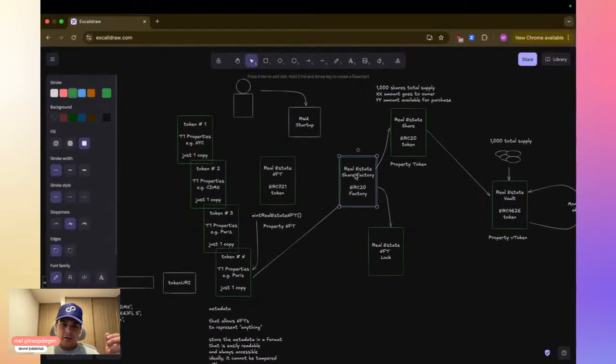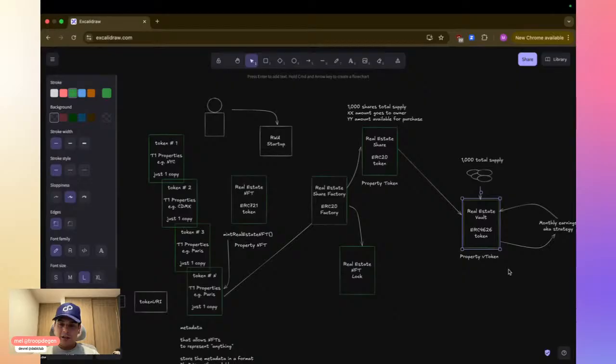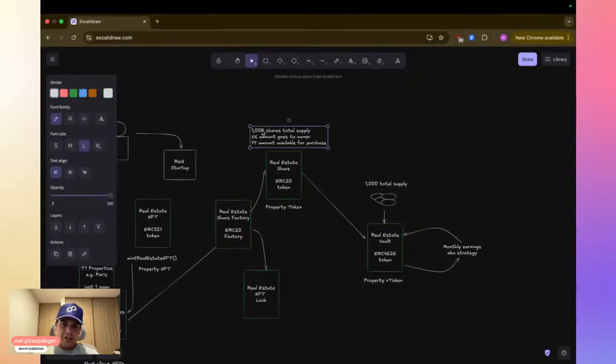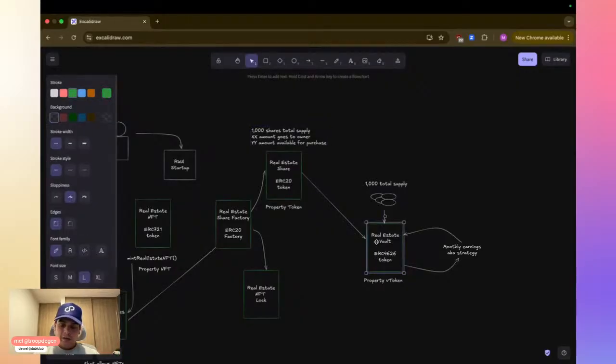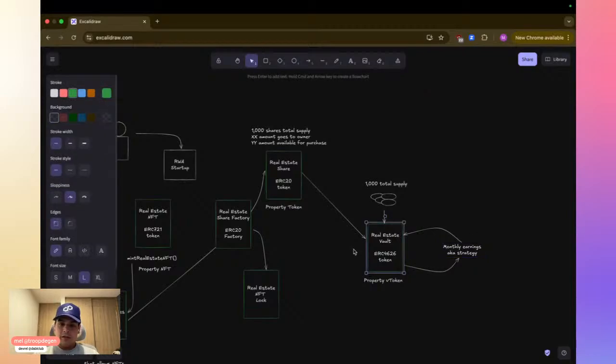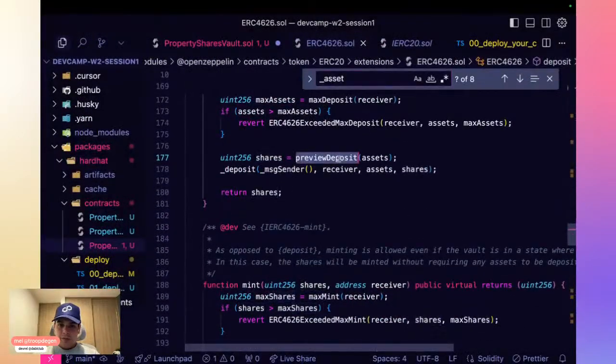First for the ERC 721 to 1,000 shares, but then these 1,000 shares need to be fractionalized once again, because that's how they're going to be generating the yield calculation, or rather the shares distribution. Rather than the yield calculation, they're going to use it on the smart contract to calculate out of the proper earnings how to distribute them according to the fraction of the amount that's available on the vault. And that's what the preview deposit does.